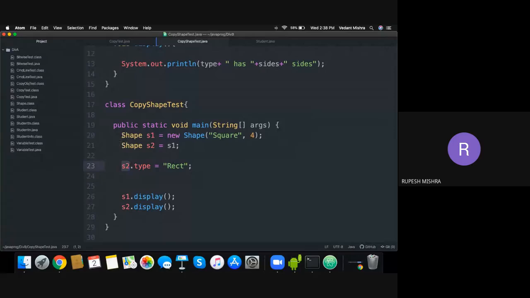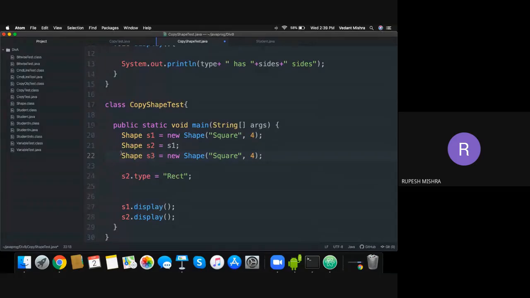So one obvious way is that I can simply copy this line and write that I created this S3 object. This is one way of doing it, but it is not relevant to say that we are creating a copy of any object. It's like we are creating a new object with the same data. So if I display S3,